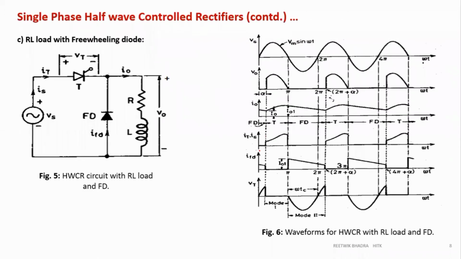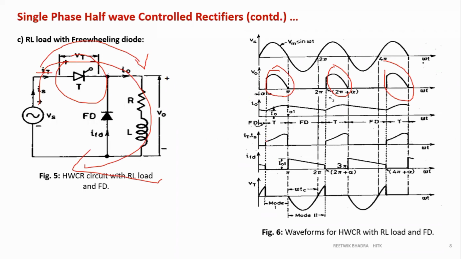IT or IS. What is my source current, or your IS? I already have my I0 drawn, so from that I can draw my IT or IS. Whenever my thyristor is connected, the IT will flow. During which points is the thyristor connected? During this point, this point, this point. During these points IT is equal to I0 because it is a series circuit. So IT is equal to I0 during this point, exponentially increasing only during this point. See, only during this point.